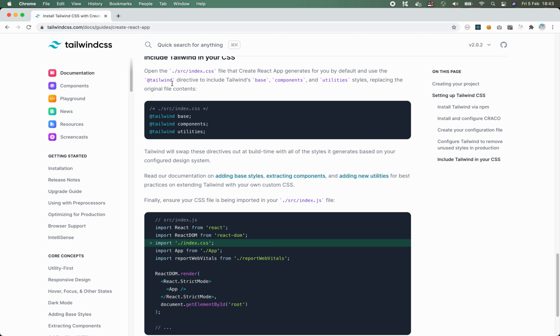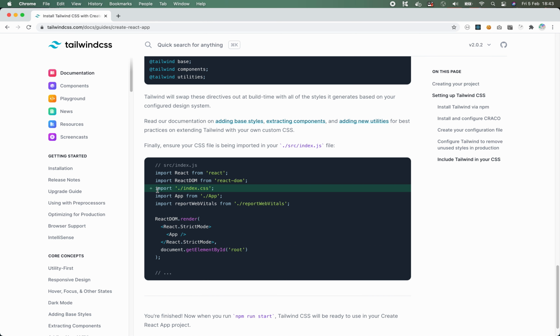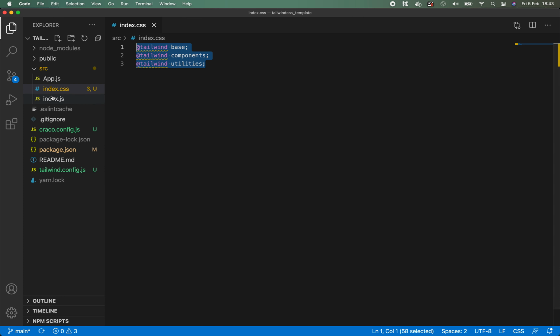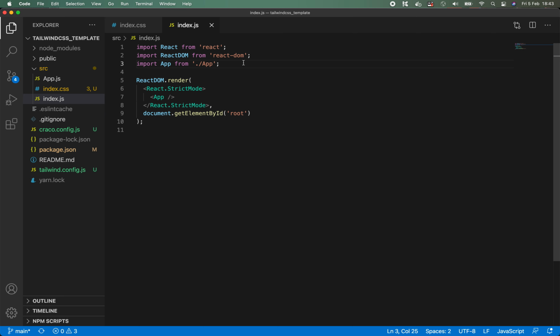And again, in the documentation, all we have to do is import that into the root of our application, which is index.js. So let's come back over to index.js, and let's just add that import. And if you followed all of those steps correctly, then you will have configured Tailwind CSS with Create React App and your application. Now, before we start building out the application, writing our components, it's really important that we consider